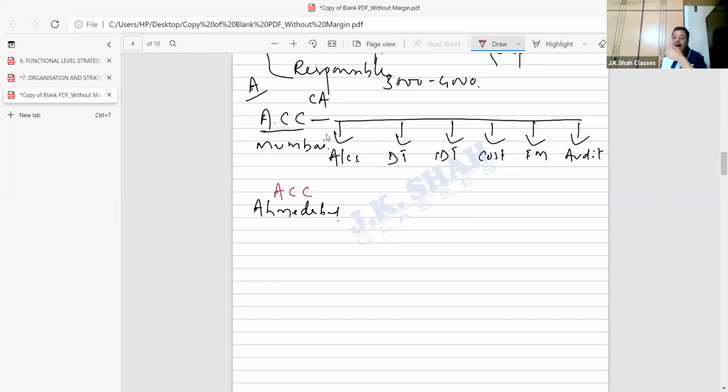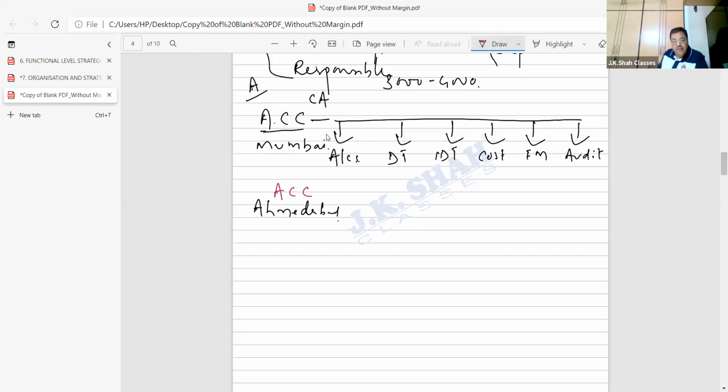Understood? Ask your teachers who taught them means what? We are telling all of Ahmedabad, this person, who's your teacher, the owner of this class, ask him where he studied his CA. He studied his CA with ACE. So ACE is now starting in Ahmedabad. Come here. Now, the problem is we did take up a premise, we did set up classrooms, but in an organization you need people, right?